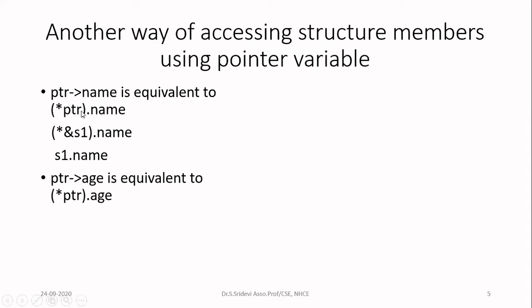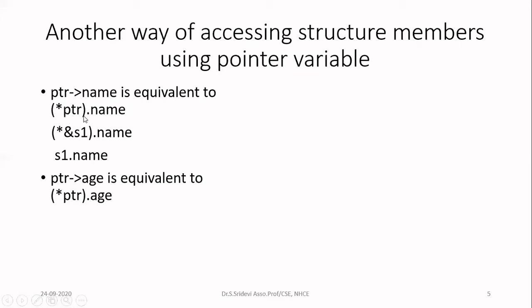Okay. Now let us see how the star PTR dot name is going to give you the variable. Here, star PTR. First, you write the star as such. You know what is PTR now. PTR is nothing but ampersand S1. We have seen it in the previous slide. Instead of PTR, you can write ampersand S1, then dot name. Now you know that when you write star and ampersand after each other, they will cancel each other. So now it is similar to S1 dot name. So what we want to access is S1 dot name only. That we are doing indirectly with the help of PTR.